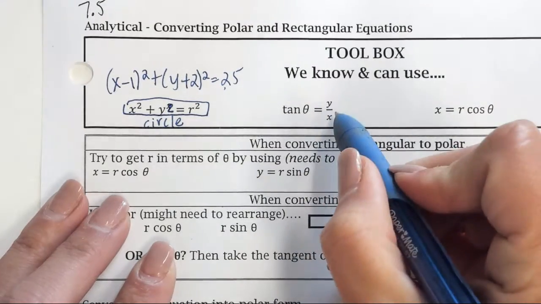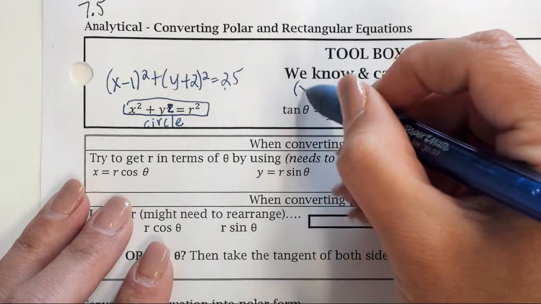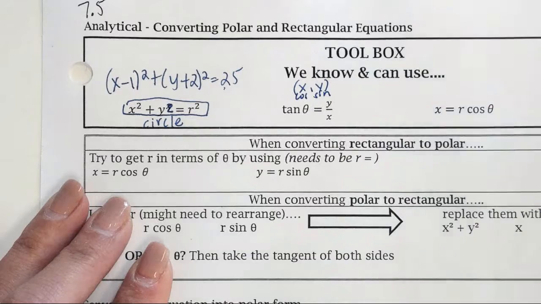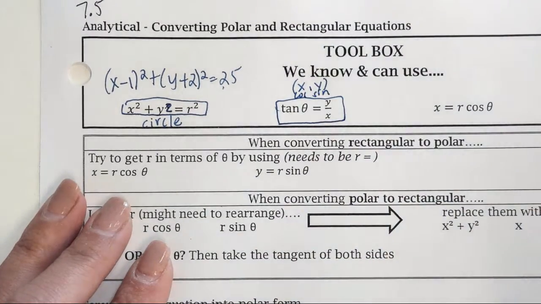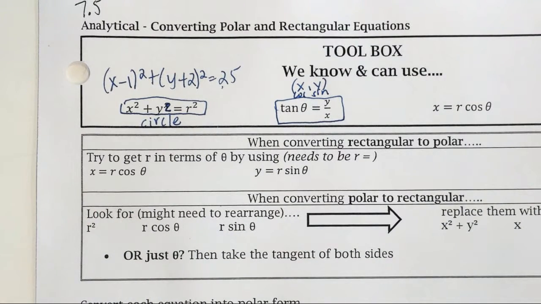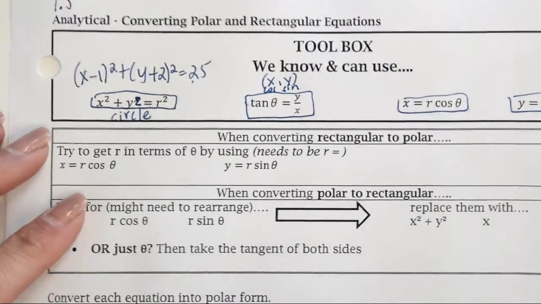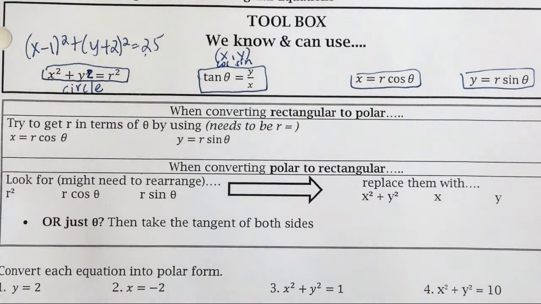The other one is that tangent equals y over x. We know that because sine and cosine are your x and y values on the unit circle, and we know that tangent is sine over cosine. So we've used this before. And when we converted from polar to rectangular coordinates, with r and theta, we had to find the x and y values using the fact that x equals r cosine theta and y equals r sine theta. So these are formulas we've used, and we're going to use these to convert between rectangular